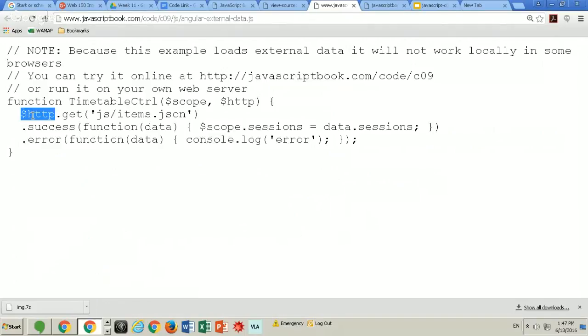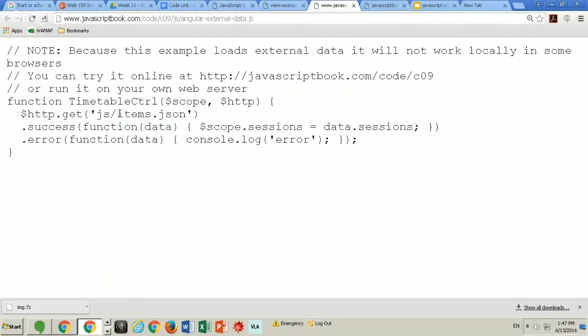So we've learned how to do the same thing in JavaScript, jQuery, and now AngularJS, and it's just getting easier and easier, right? And then we're going to chain. So the first part here is we're going to get the file. It gets the file